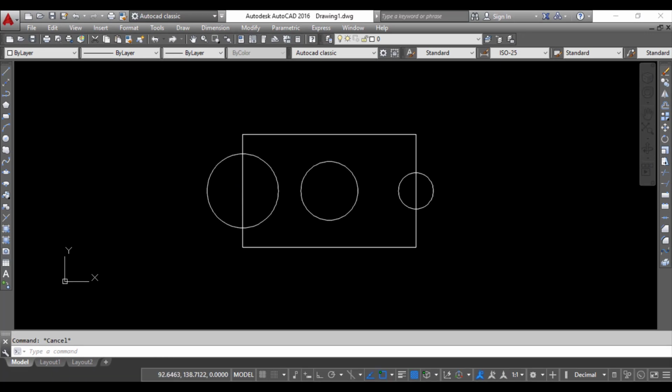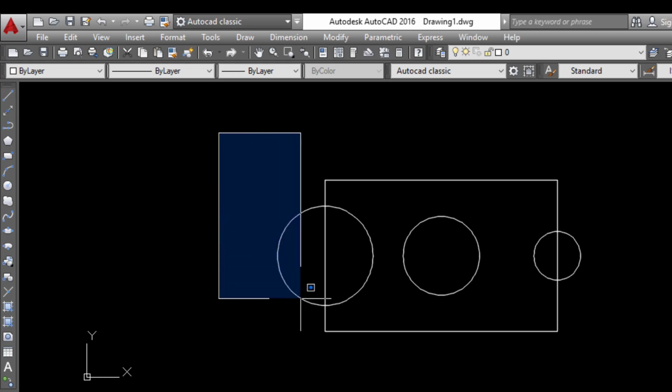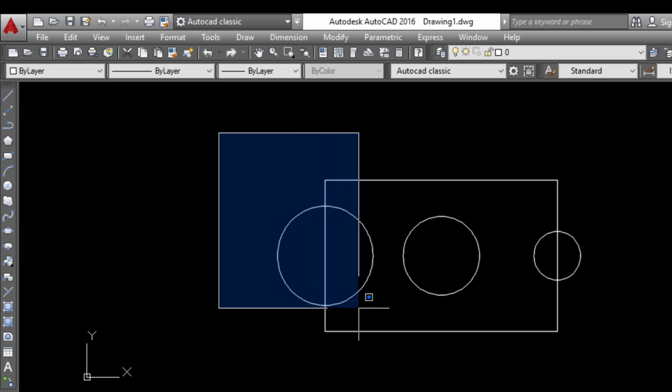In the second method, if I want to select an object, I will use the full cross window. In the full cross window, first I have to do a left click and leave my cursor. Now removing my hand from the left click, I have to drag the cursor towards the right side. As I drag the cursor towards the right side, you can see a blue window coming on the object. As the name suggests, it is called the full cross window. So we have to make a window fully on the circle to make it selectable.